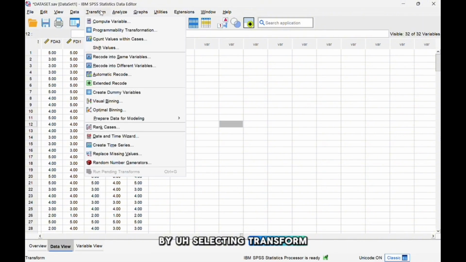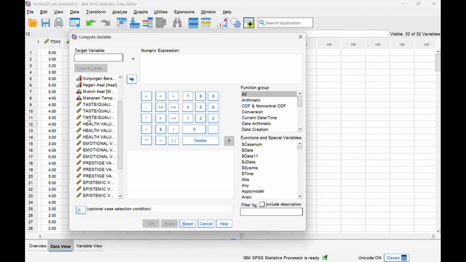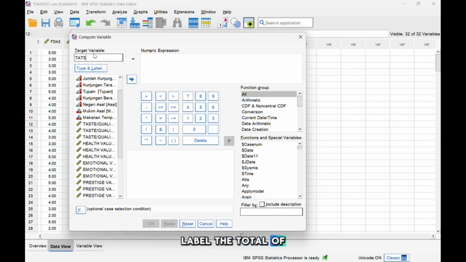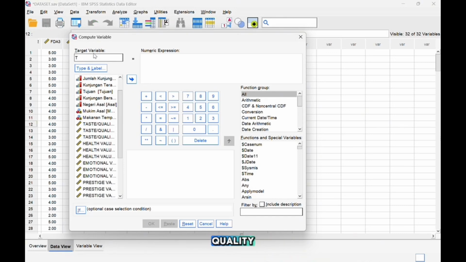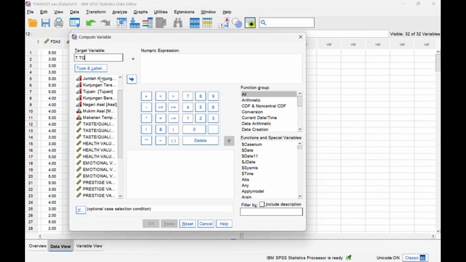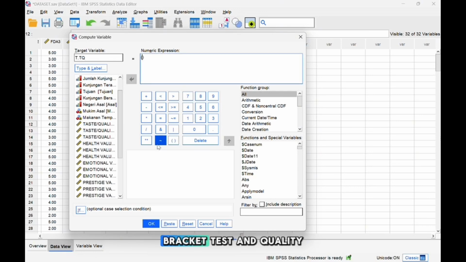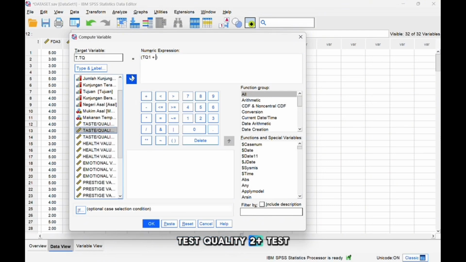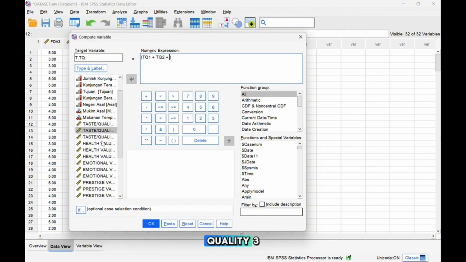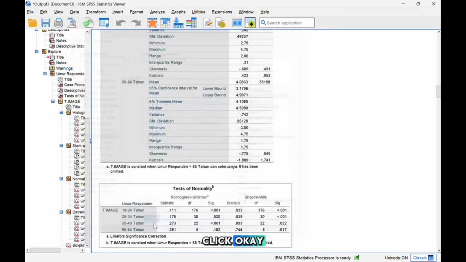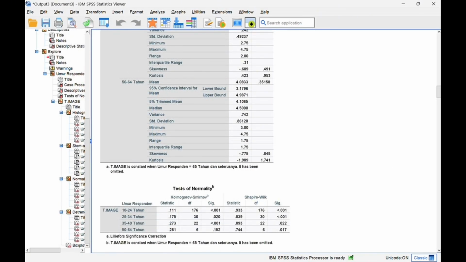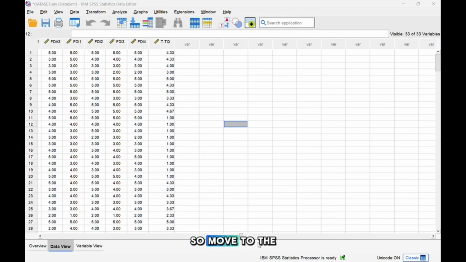selecting transform, then compute variable, and labeling the total variable, the first one being taste and quality. In brackets: taste quality 1 plus taste quality 2 plus taste quality 3, then divide by 3, click OK. So move on to the next